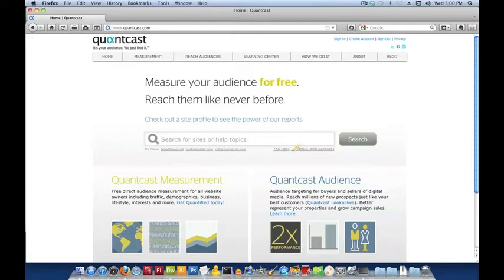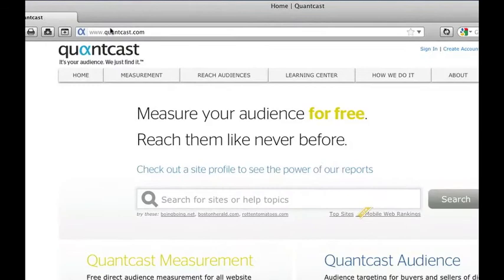coming to your website, whereas Google Analytics focuses a lot more on what anyone does when they come to your website, how many pages they visit, how long they're on the website, but doesn't do as well of a job at defining the demographics. So to install the Quantcast statistics software into your website, we're going to go to